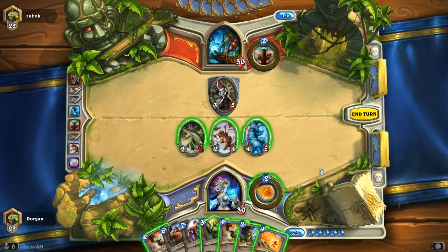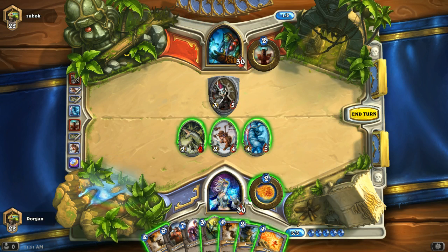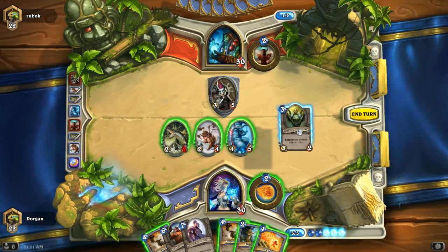Okay, now he played the Shield Master. So I think, since I don't have a great turn 5 play, I will just buff my Yeti and send him at the Senjin. Or do I want to do this? Yeah, because for the same reason that I...